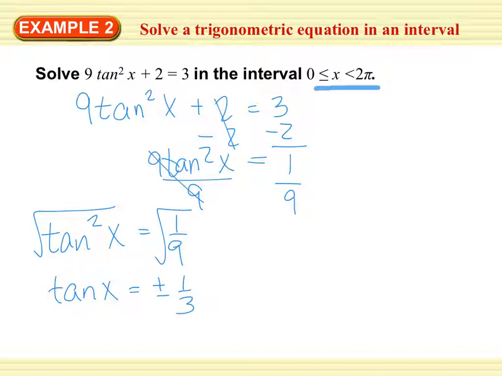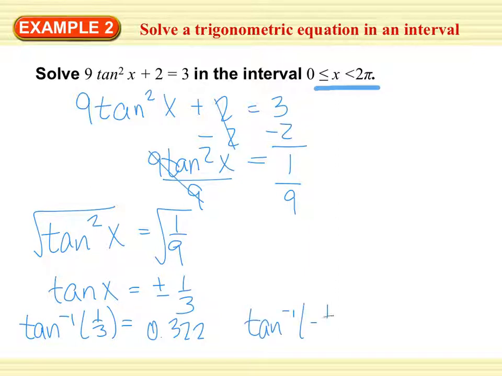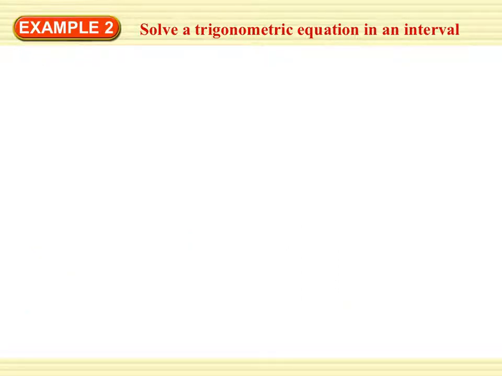So using my handy dandy calculator, I can do tan to the negative 1 of 1/3, and I get 0.322. And I can do tan negative 1 of negative 1/3, and I get negative 0.322. So my general solution, x is approximately, because I did round, 0.322,